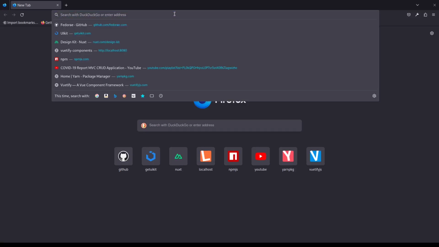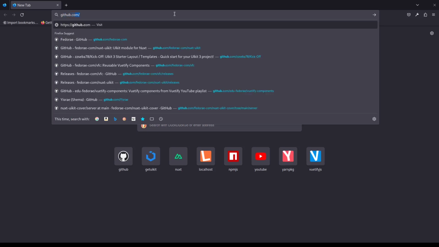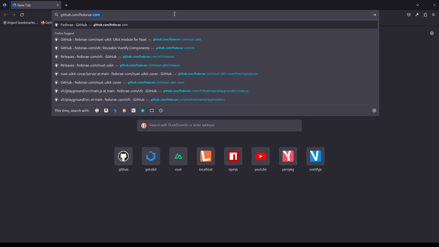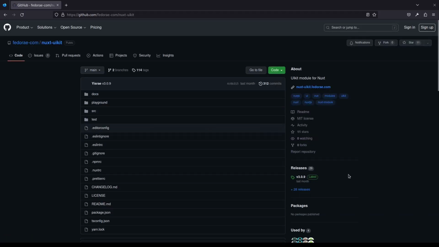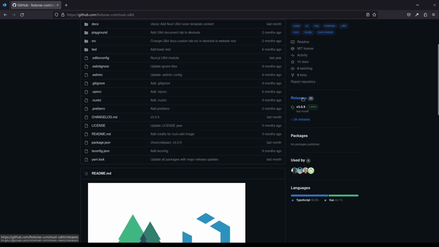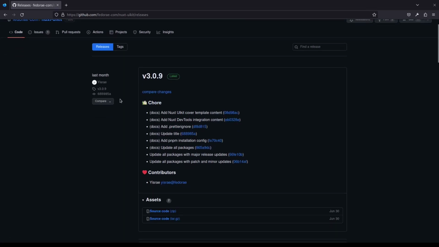I want to quickly touch on some updates that were done last month, but I'm just getting a chance to actually look into it. So if we go over to github.com/fedorae.com/Nuxt UIkit, we're just going to look at the release notes for the last release, which is version 3.0.9. And as you can see, as I mentioned before, this was last month, because I've been crazy busy,